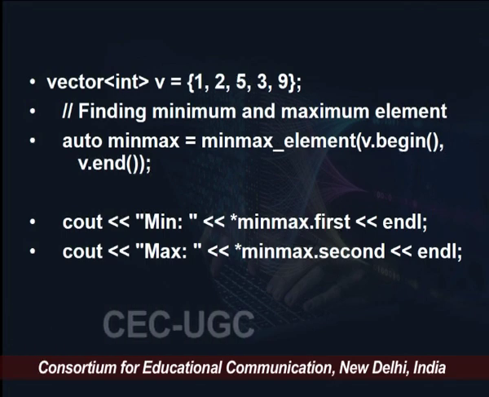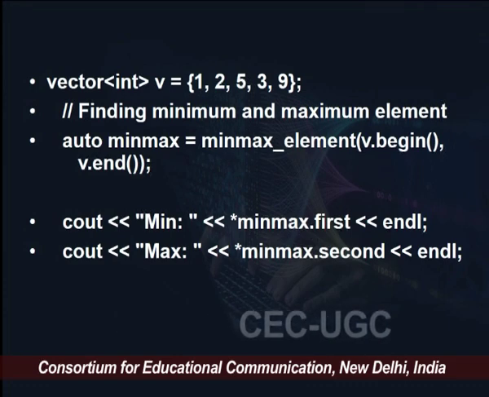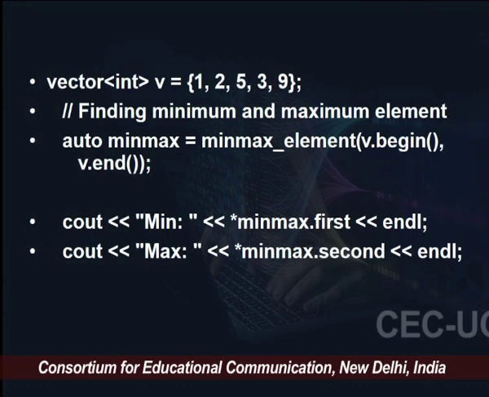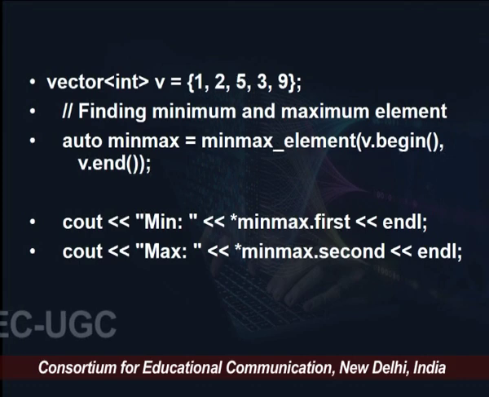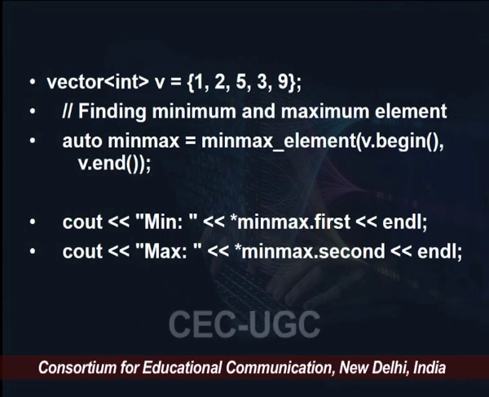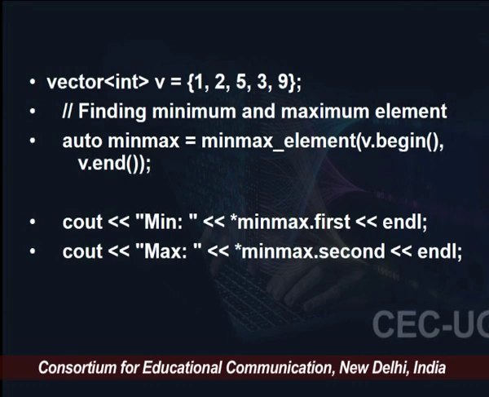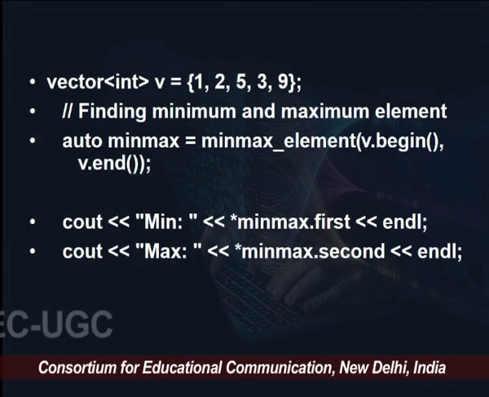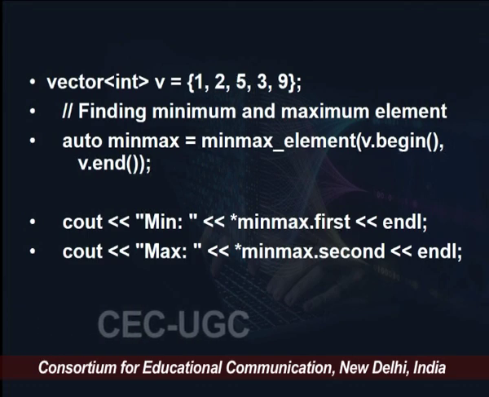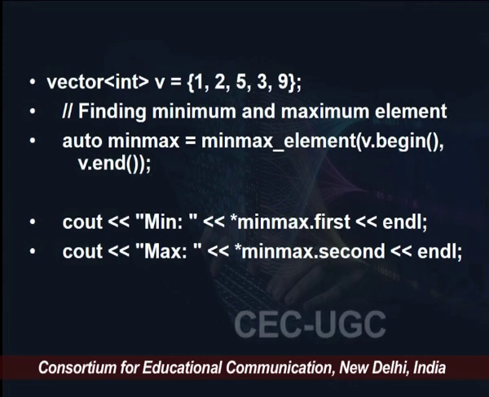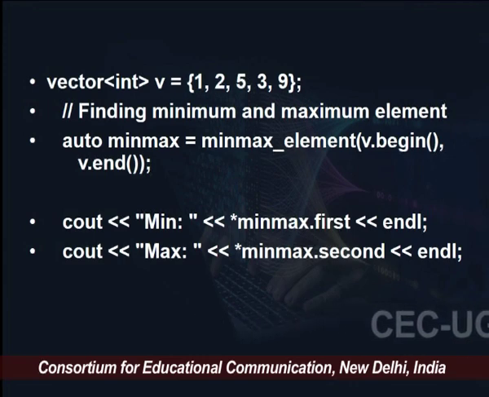So, the name of the function is minmax_element. asterisk minmax.first is the minimum element, asterisk minmax.second is the max element. So, within this minmax pair, whatever is the first element is your minimum one and the second one is actually the maximum. So, we can find minimum and maximum both using one particular call,